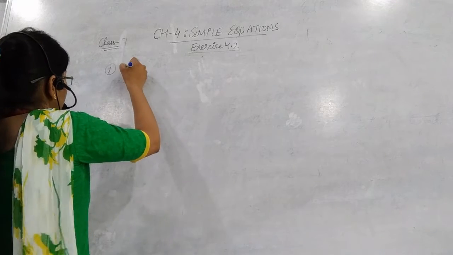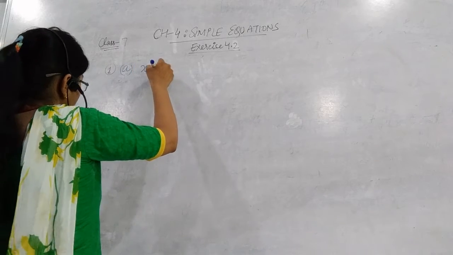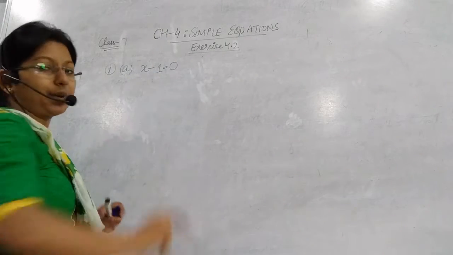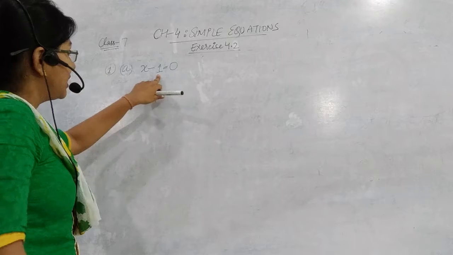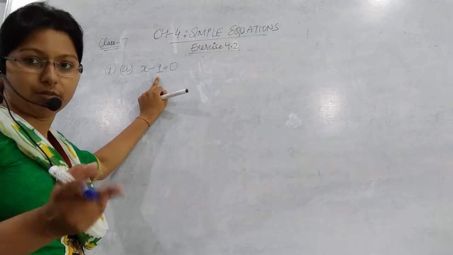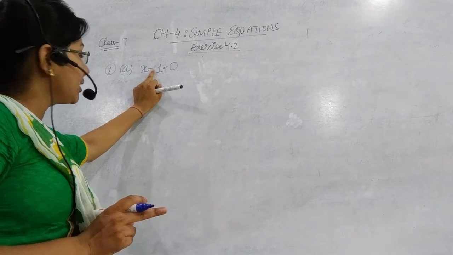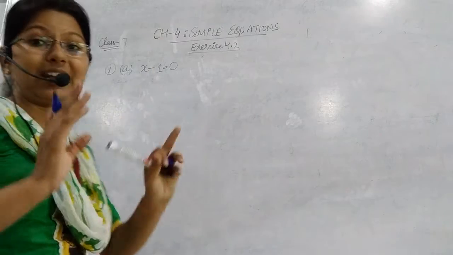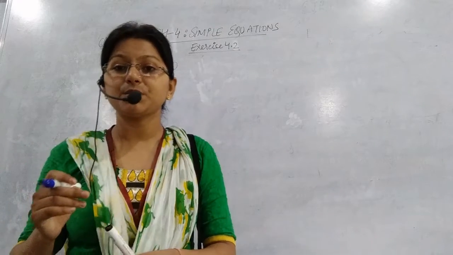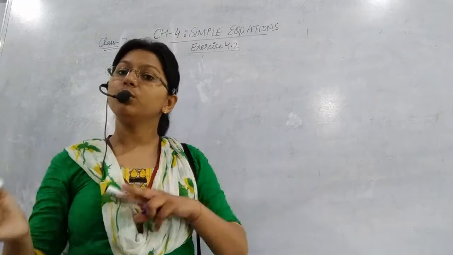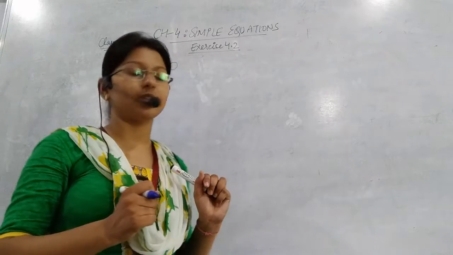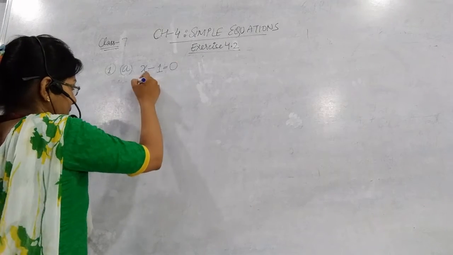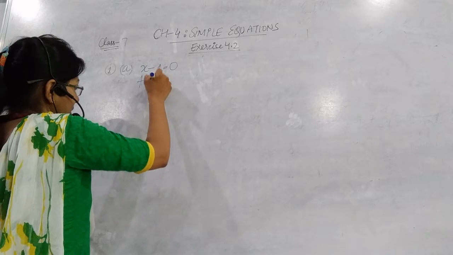ये पार्ट में आपका क्वेश्चन है, x minus 1 is equal to 0. So I have to separate this 1. If it is minus 1, we have to do the opposite operation. If it's minus 1, I will add 1 on both sides. Since it's balancing method, whatever steps I use, I have to use for both the sides. ठीक है, अगर यहाँ पे -1 है तो हमें अपोजिट, ऐड करना है. So add 1 to